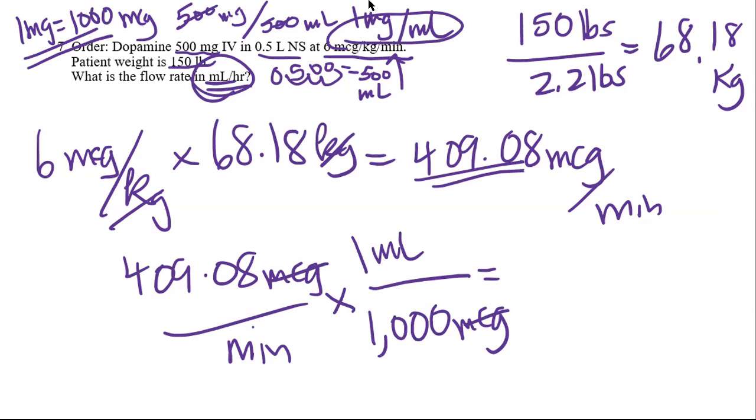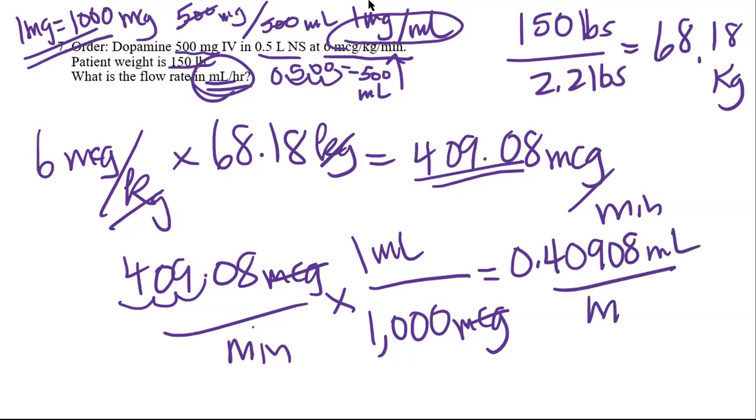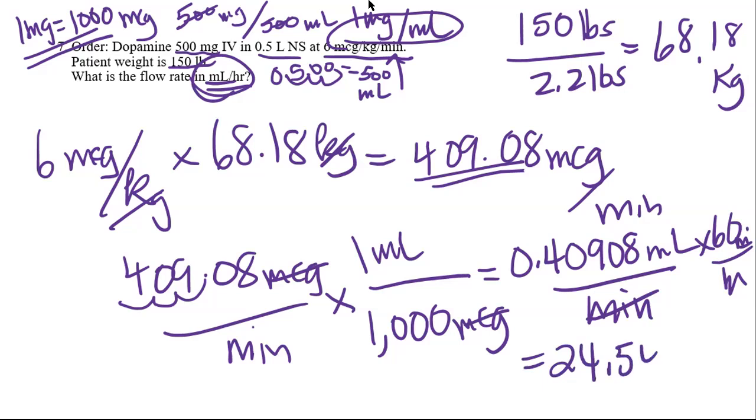409.8 divided by 100, which you remember is going to go 1, 2, 3. So that's going to be 0.40908 milliliters per minute. Well, now we've got to do times 60 to get hours. Okay, so minutes over hours. We're going to cross out minutes this way. So let's take that crazy number, 0.40908 times 60, which is going to give you 24.54. Okay, equals 24.54, or